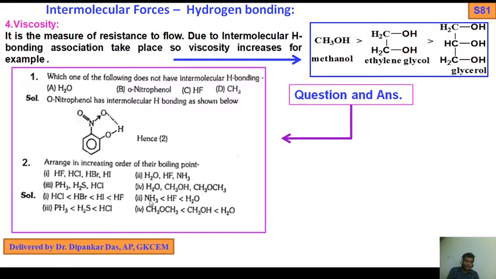But in case of ammonia, although nitrogen has 3 hydrogen atoms, it can form 3 hydrogen bonds. In case of HF, it can form 1 hydrogen bond, but here the electronegativity of fluorine is much greater than nitrogen's. In case of PH3, H2S, HCl will be high due to the higher electronegativity of chlorine. Similarly, water is high due to the higher electronegativity of oxygen, and it also possesses 2 hydrogen atoms. So these are the questions and answers of this chapter.